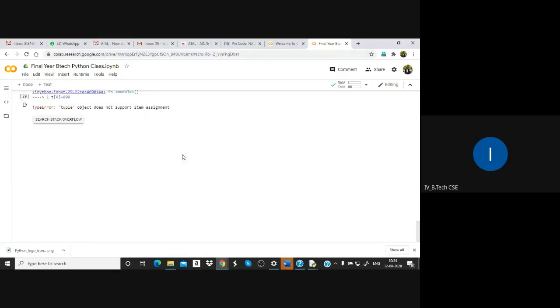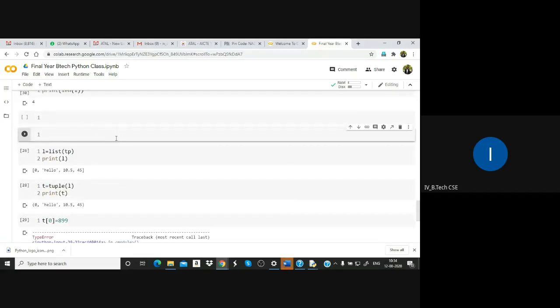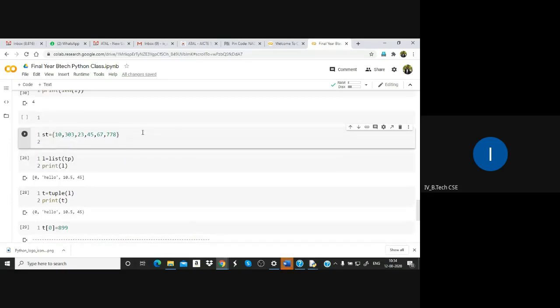Set is another sequence. Let us have that. A set comes with curly braces, as you know from mathematics sets.